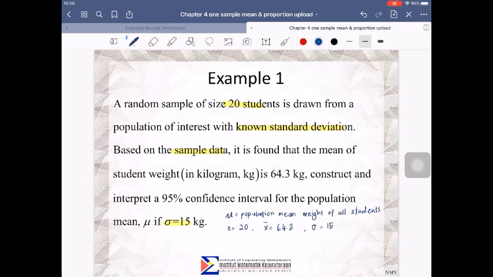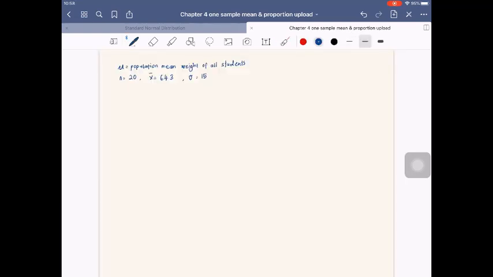So first thing first, our mu is the population mean weight of all students, and we are given our n equal to 20. We have from the sample data the mean is 64.3, so x bar equal to 64.3, and you are given sigma equal to 15. Since our sigma is known, in order for us to find our confidence interval, we're going to have x bar